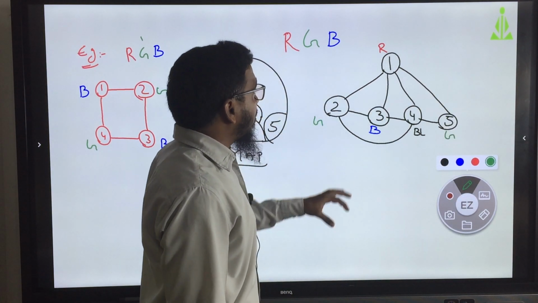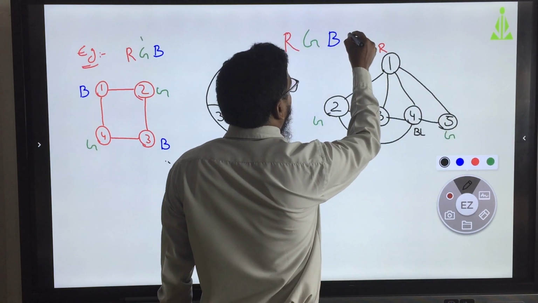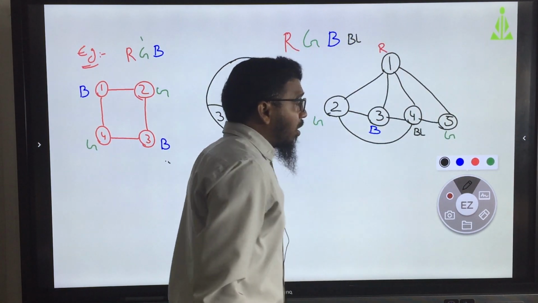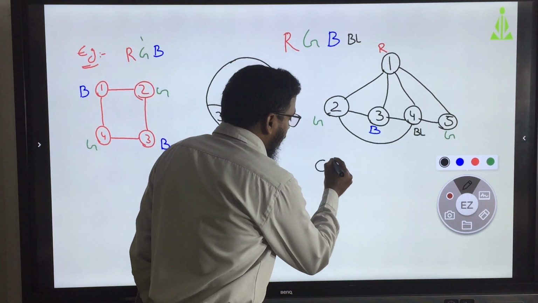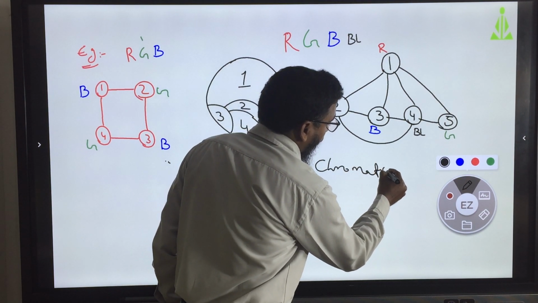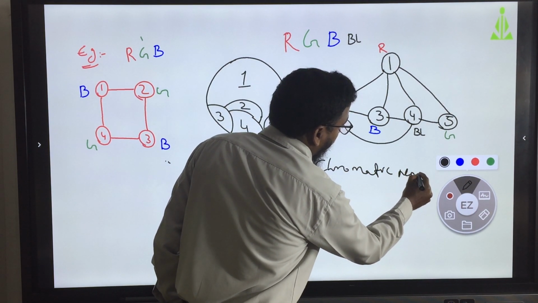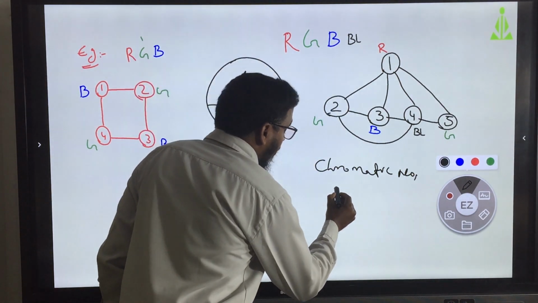Okay. So, here I can write BL for black. What is the chromatic number for this? It is 4.